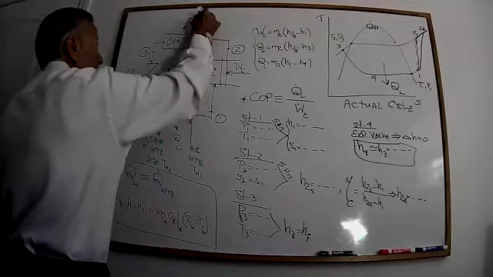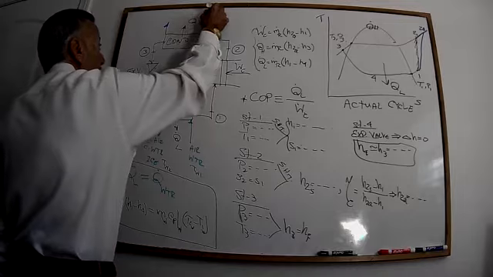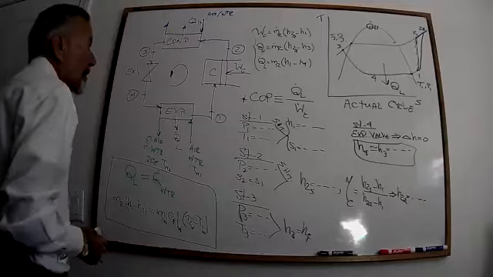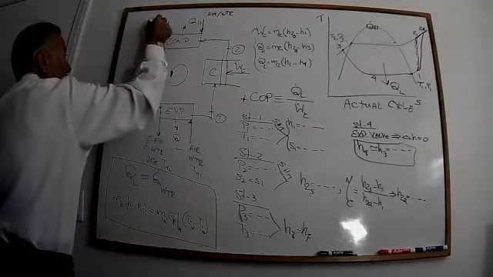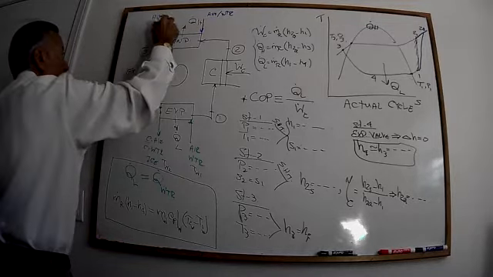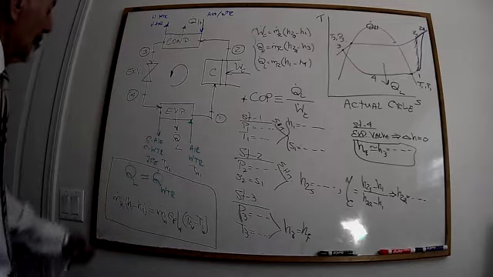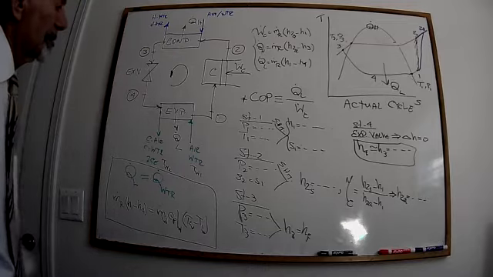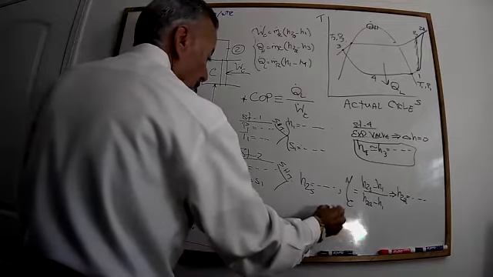So we can have air or water coming into the condenser and hot air or hot water going out of the condenser. We need to use the same logic that we used here for the condenser. It's the same logic. So in that case, our QH